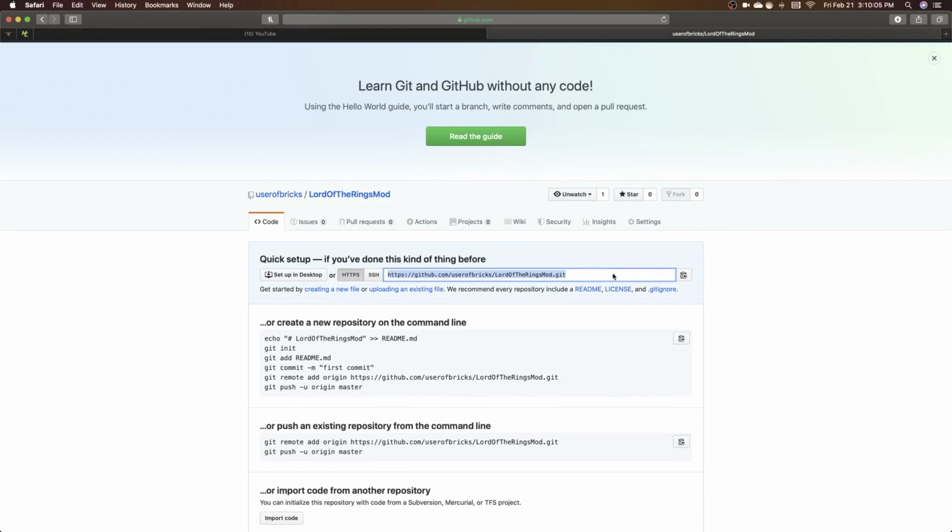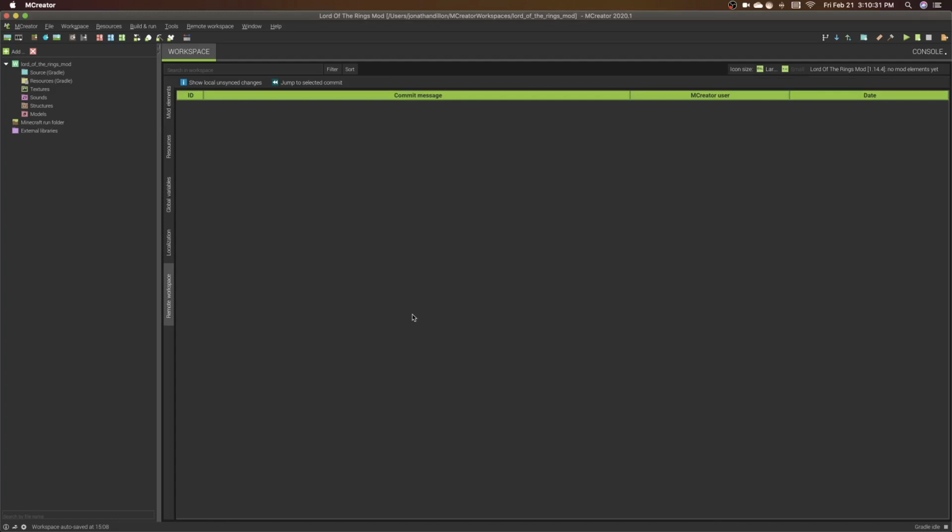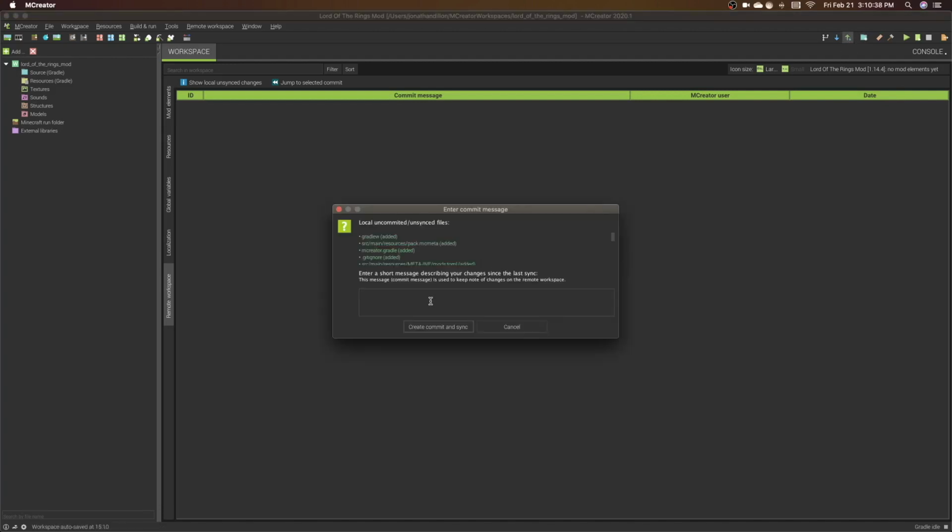You want to copy this URL here, go back to MCreator, paste that in, type your username. Mine is user of bricks. And then type in your account password. Once you have done that, you can set up the workspace. It should go directly to your remote workspace. And just to make sure this works,